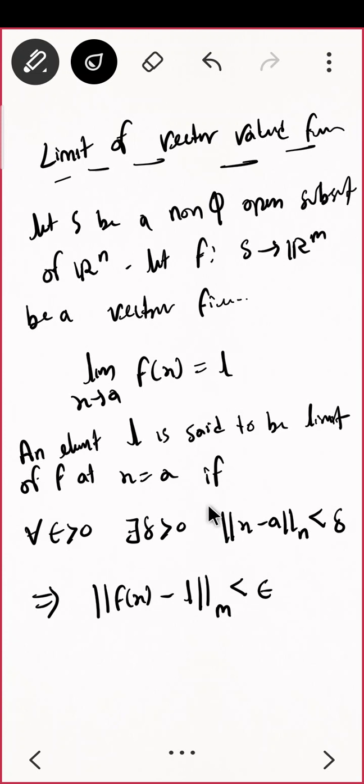Do you see the definition? Everything is the same. The change is that here you have m, here you have n, here you have m, and you have already proved the relation. Norm works the same as mod. Whatever properties of mod we saw, norm also satisfies, so that is not at all an issue for me. Correct. Let us do one example.